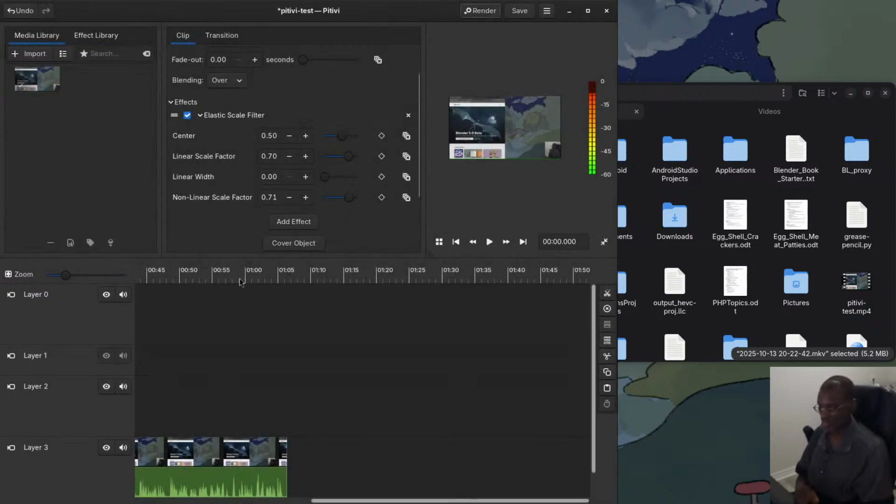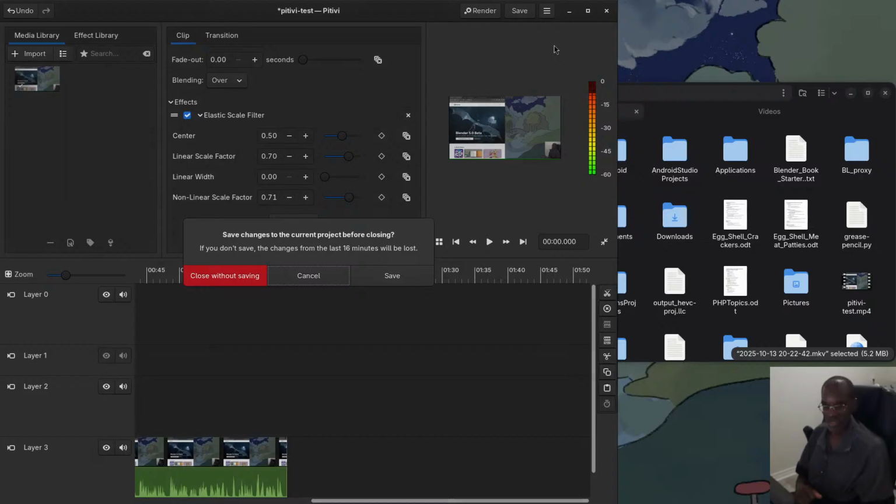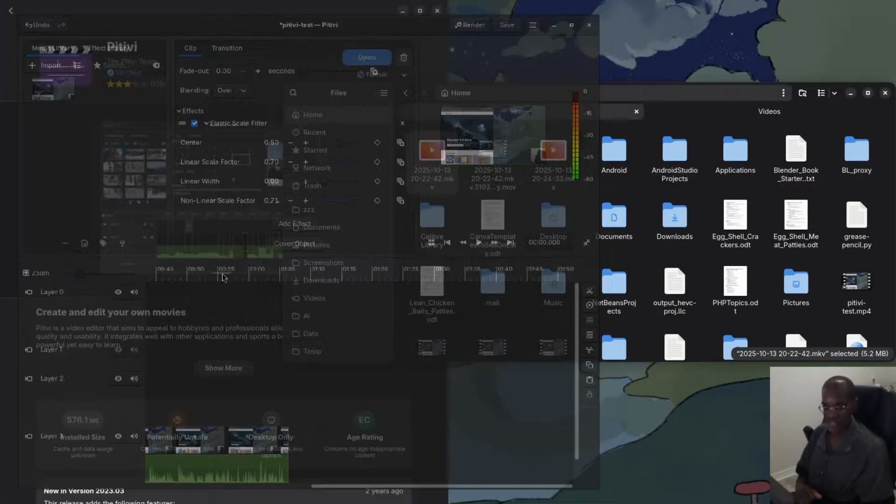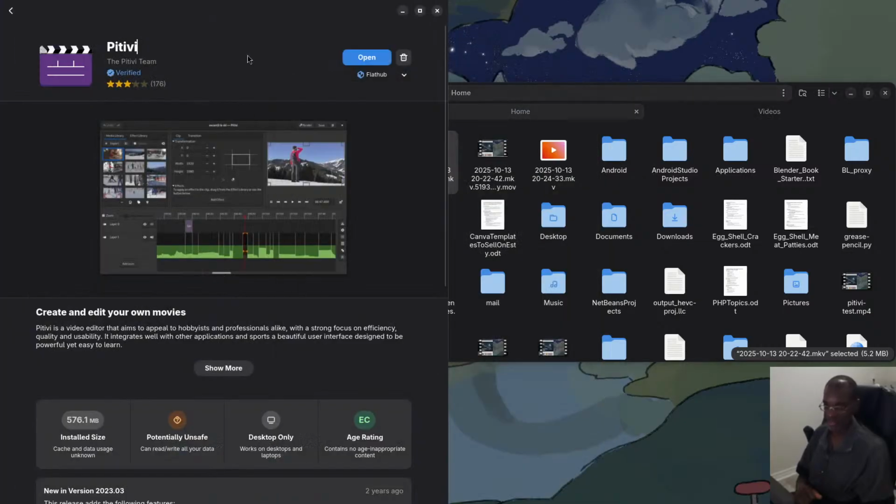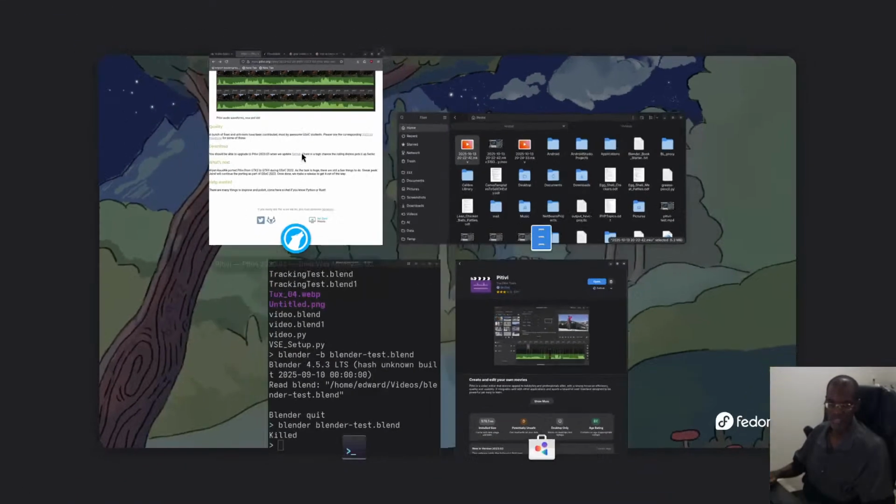Unfortunately, the seek thing is going to be a pain in the butt, but very good. So Pitivi, thumbs up again. All right, so that's Pitivi. Very impressive. Okay, next,